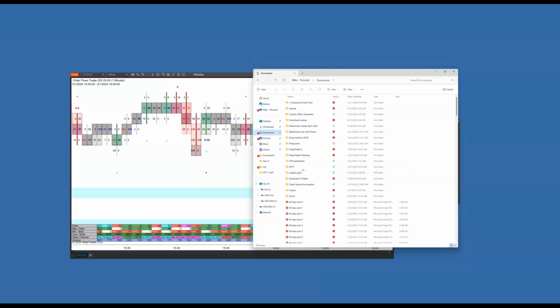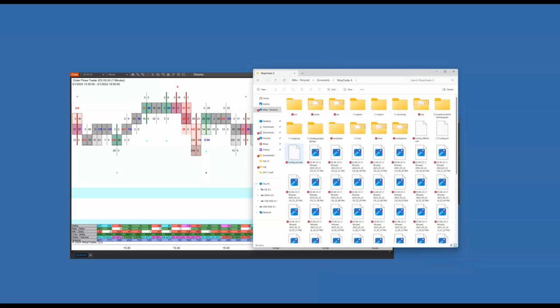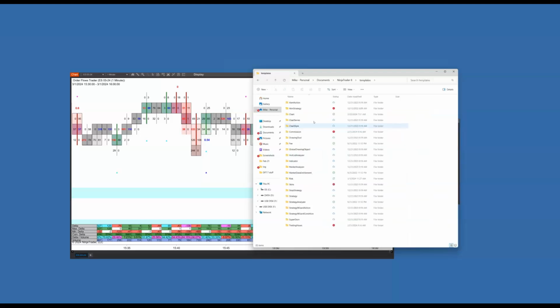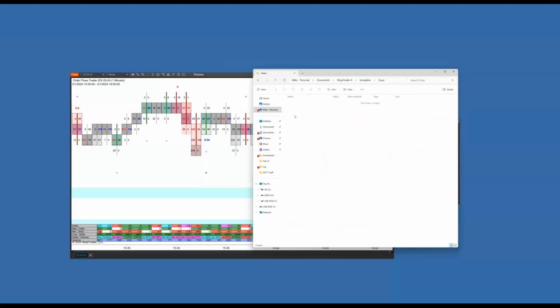Your documents folder, go to NinjaTrader 8, go to templates, okay? Go to chart. You see mine is empty. I've cleared this out already. What you could do, if you have